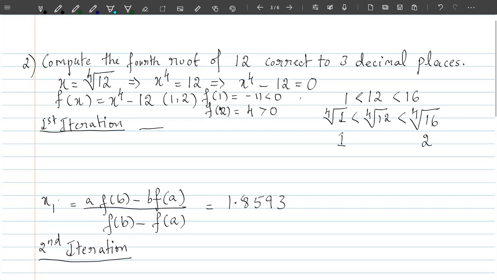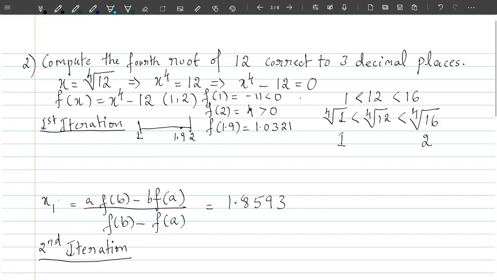So if you take this scale over here, say 1 and 2, since the required root lies close enough to this number 2, let me take a number which is close enough to 2. So I'll take, say, 1.9. If you calculate the value of f of 1.9, f of 1.9 is nothing but 1.0321.